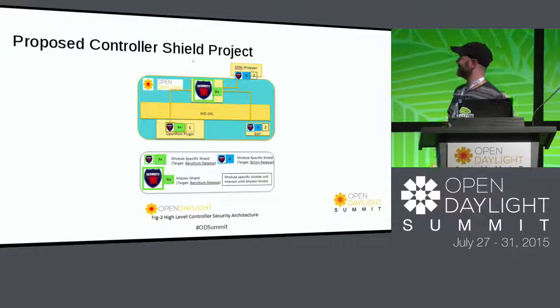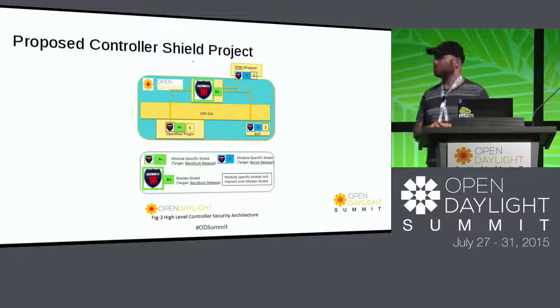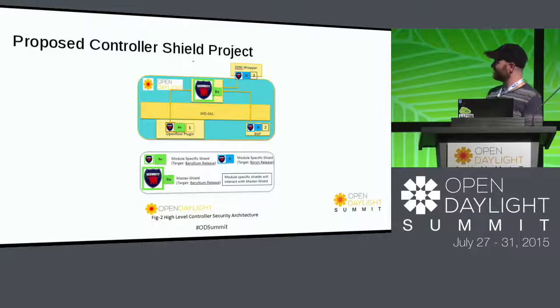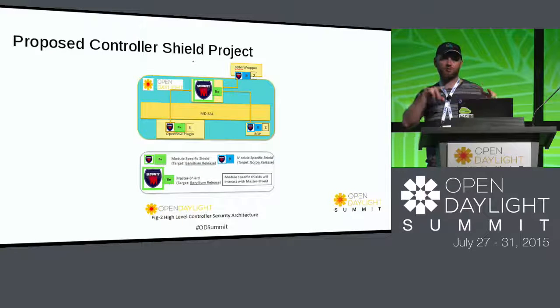So then finally, there's this diagram, and no offense, but it doesn't make any sense to me. If it makes sense to any of you, please let me know. This is a project that's being proposed as part of OpenDaylight called the Controller Shield project. And yeah, the architecture diagram really doesn't make too much sense to me, but I think where they're going with this is to have some sort of centralized